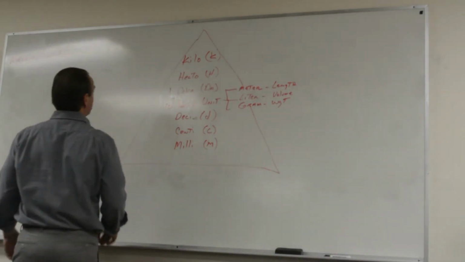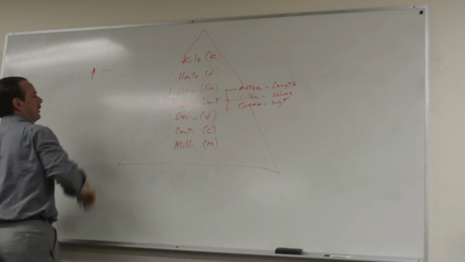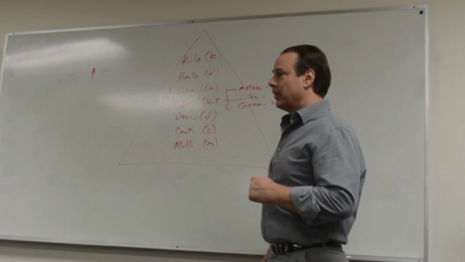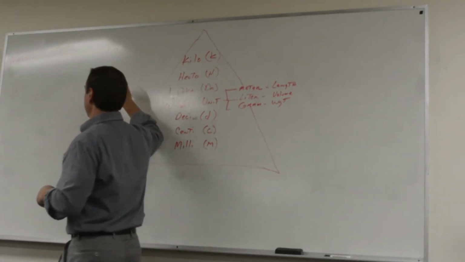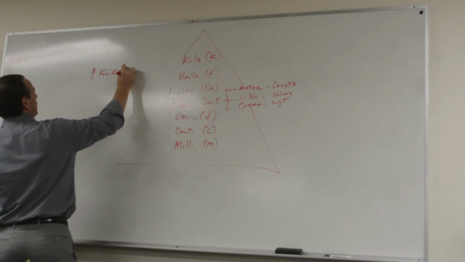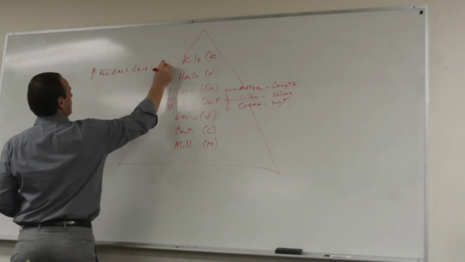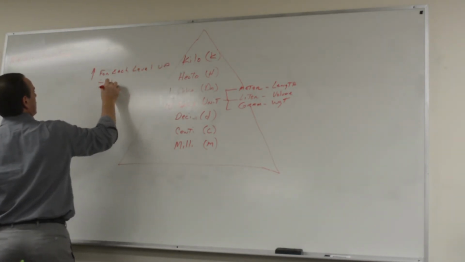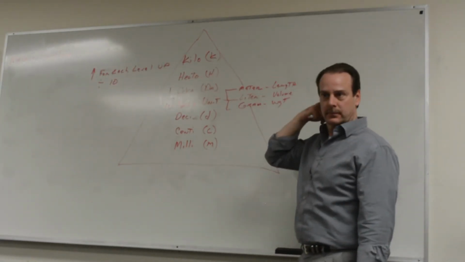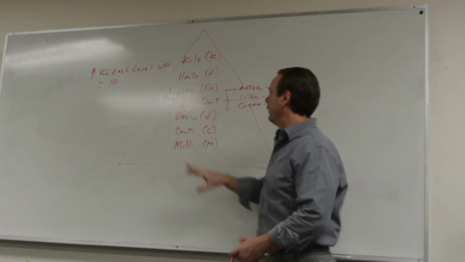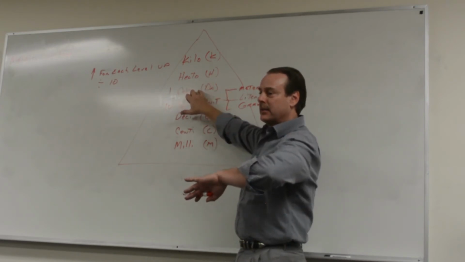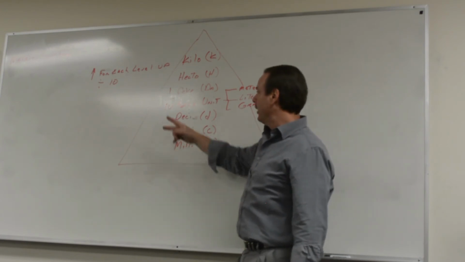Let's come over here on the left side. Let's put an arrow. What the arrow represents is that if you're moving up the scale, for each level you move up, you divide by 10. Now, does that make sense? Well, if 1 deca is 10 of these, if I'm here and I'm going to go up to here, I got to divide by 10, because 1 of these is 10 of these. See how that 1 to 10 relationship